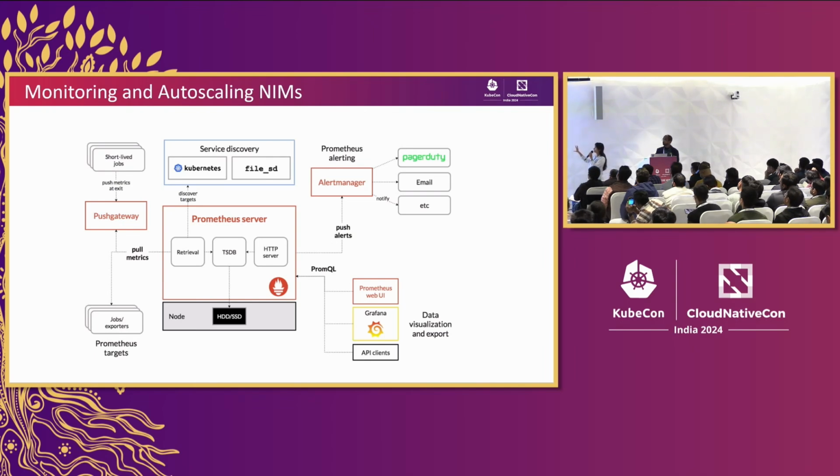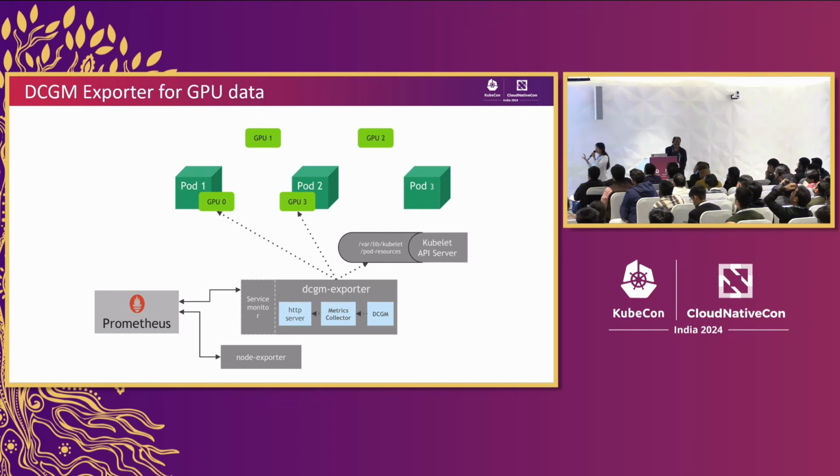This has nothing to do with NVIDIA, but I thought it brings in the concept of what Prometheus is and how it can monitor the various services. This is a very important slide. Monitoring comes in two aspects when you think of LLMs. One is monitoring of the hardware itself, the utilization of the hardware, because we know GPUs are very expensive resources. So how well I am utilizing that is very important. And the NIM itself: how many requests per minute am I able to handle? What is my time to generate the first token? What is my inter-token latency, etc.?